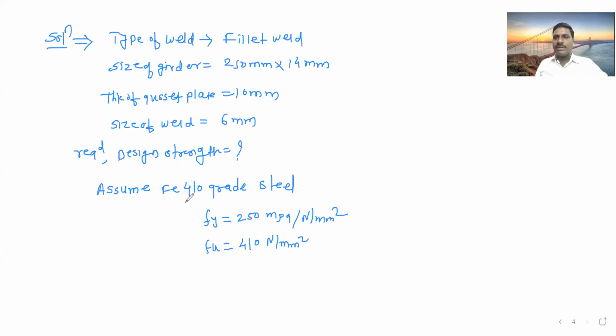So this was not given, so we have to assume. जर example मध्ये grade of steel if not given, and this is a must, because we know the Fy value is required. So we have to assume. If you can assume Fe410, you can assume Fe440. So that way you have to assume the grade of steel if they have not given, because design is on the basis of your assumptions. There are many more assumptions by the civil engineer. So civil engineer can decide this grade of steel.